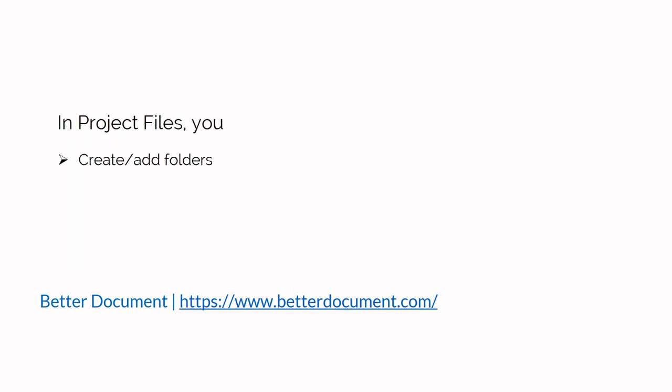In project files, we create or add folders and topics. So I'm going to show you how to create folders and topics in project files.